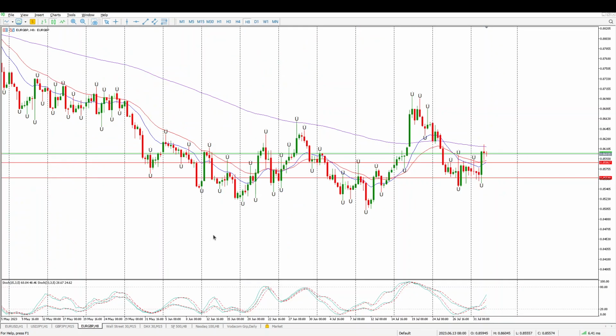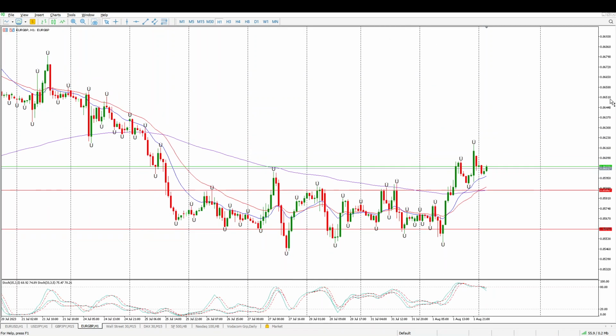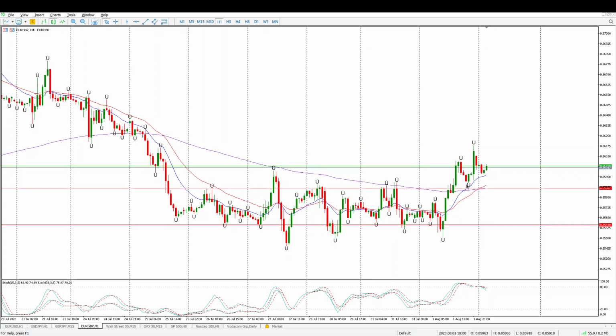Lastly, Euro British pound, and man, we were pretty much just going nowhere. It was looking for a rejection in this area, and you can see buyers kept coming and coming in, and then eventually price went in the opposite direction. So the bigger picture here is sideways, but we have broken through this range. We were looking at this yesterday. We drew these levels in, and we're looking for a break of either one of the levels to the upside to start triggering longs, and that has happened. So what we do now is just readjust that.